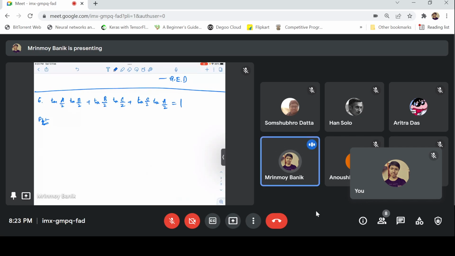Okay, so I guess now the screen is visible too. Yeah, so we will use those derived formulas for tan A by 2. So what was one of them? I guess something like square root of (s minus b)(s minus c) by s(s minus a). Cyclic sum of that equals